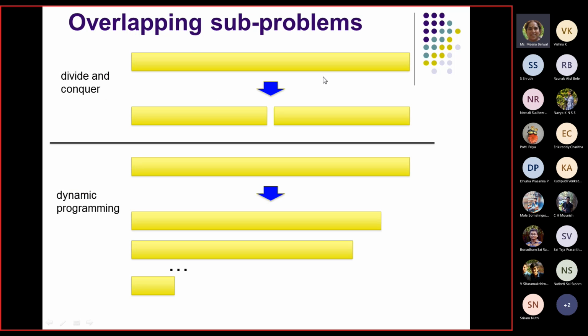So this is a pictorial representation, the meaning of overlapping subproblems. In divide and conquer, generally we mean the problems which are not overlapping. You have seen, you do sorting, half, half, then half, half, Tn by 2, Tn by 2.